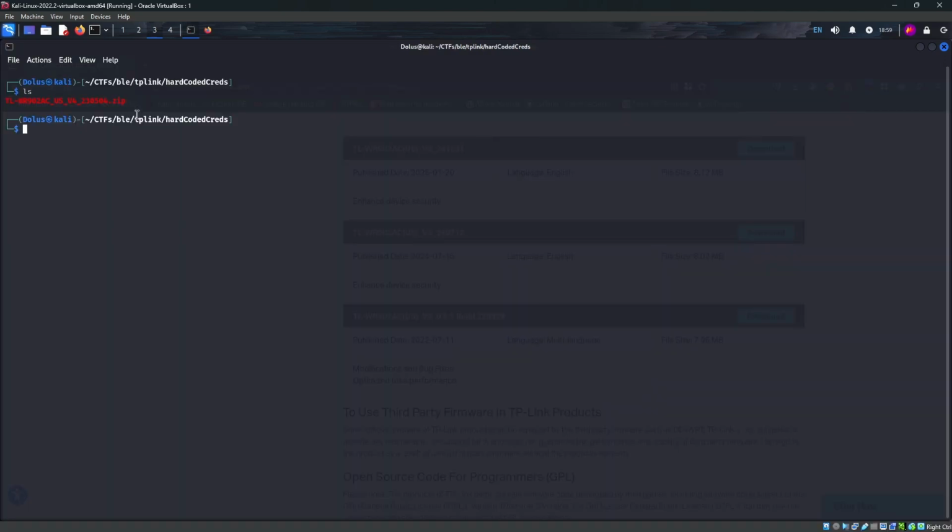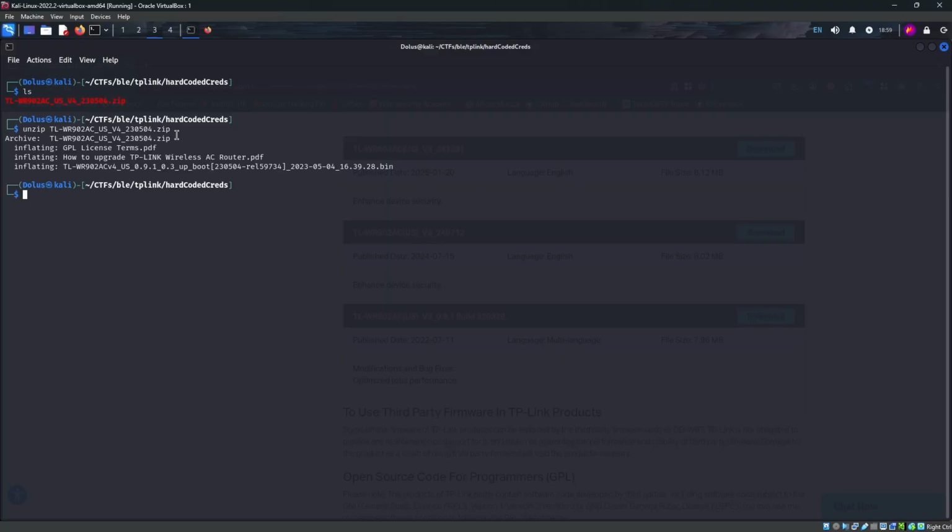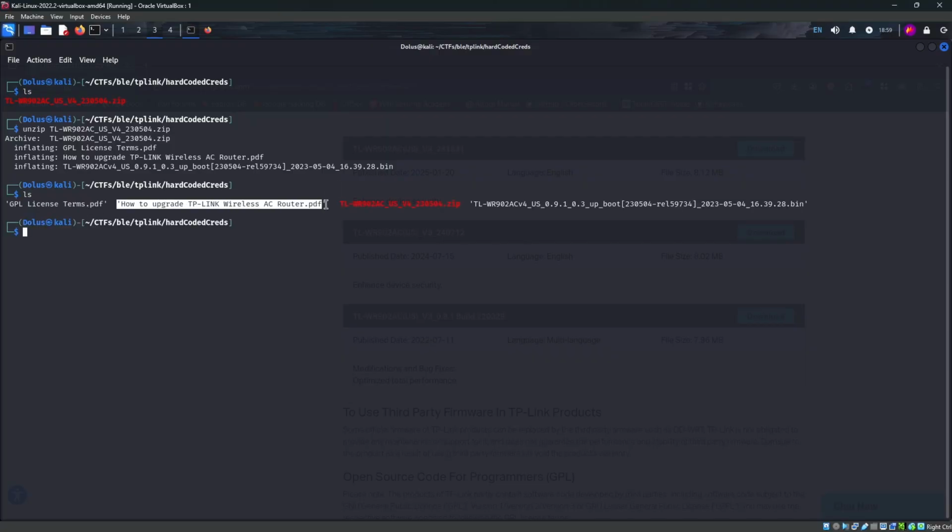So you can see here, after I downloaded the file, we have the zip file here. So I can just unzip that file. And once we do so, we'll get a bin file, and we will get some PDFs about how to upgrade the firmware and stuff, but we don't really need to pay attention to any of that. So what we're going to look at is this bin file,